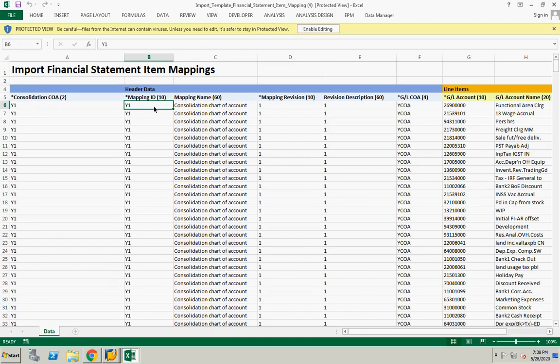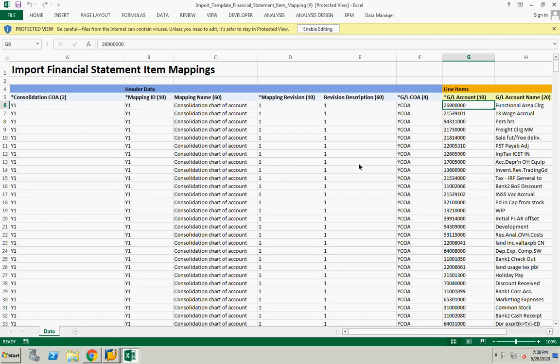So somewhere you want to show gain on asset sale, somewhere you want to show other income. For one accounting standard you want to show it as gain on asset sale, for another accounting standard you want to show it as other income. At that time, this mapping ID will be good. So you create one mapping ID for one particular accounting standard. That I will explain tomorrow.